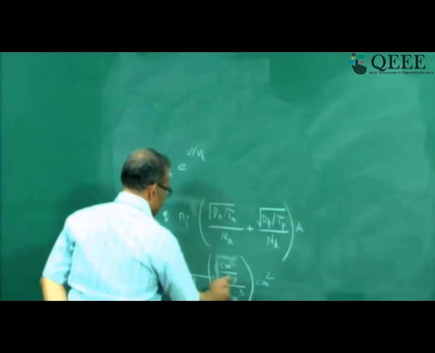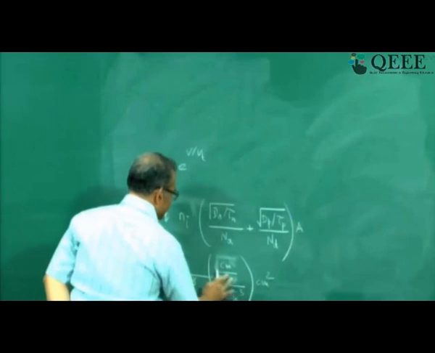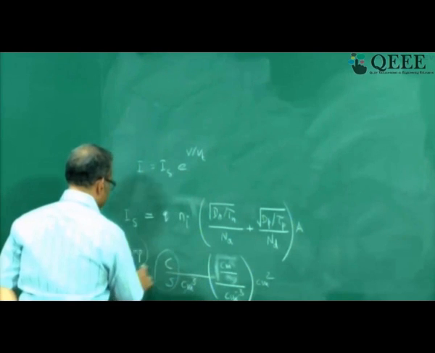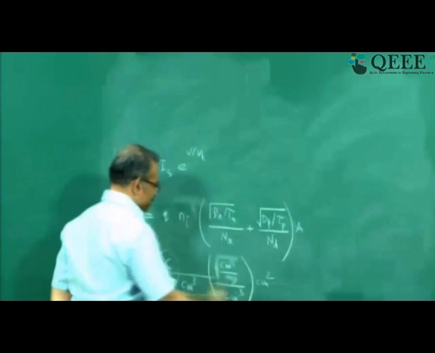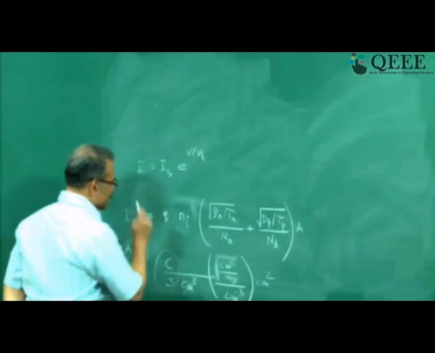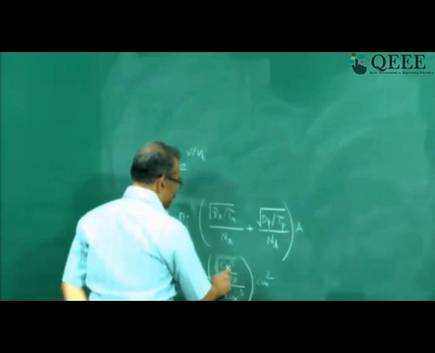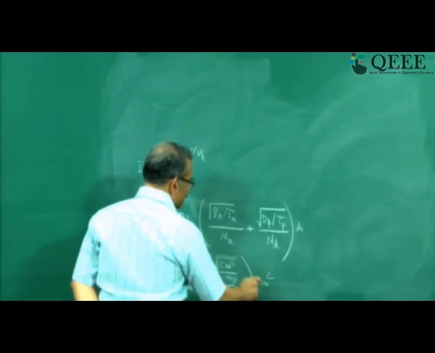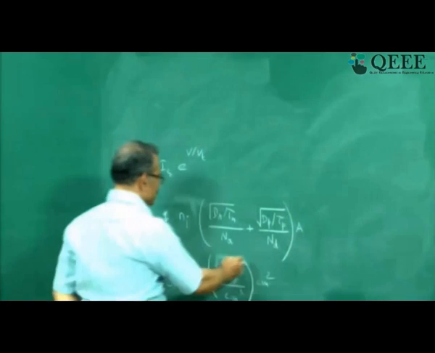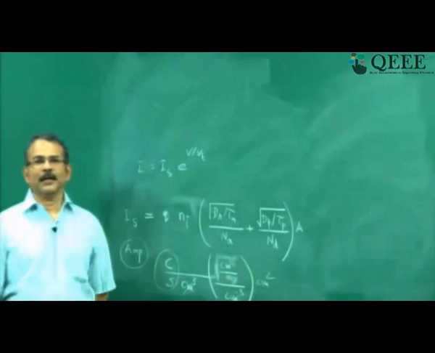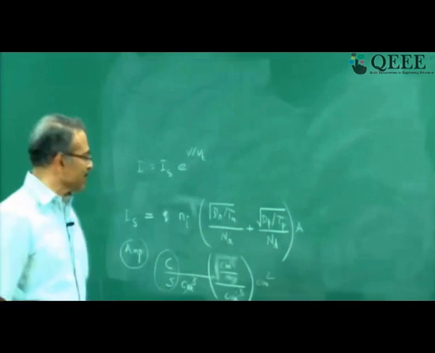Now coulomb per second, let me push this second here because I know coulomb per second is amperes. But now I am left with some more terms. I want only amperes on the right hand side, but I am left with centimeter and centimeter square. When I multiply these two, I will get centimeter cube. So I am left with a centimeter cube term on the right hand side, right? So I know that I have made a mistake.